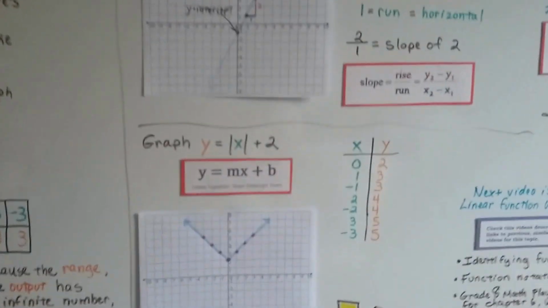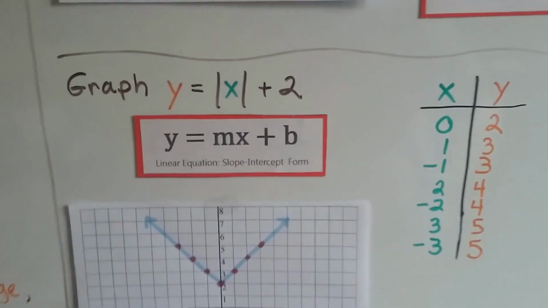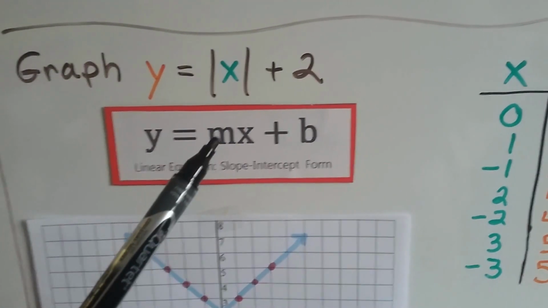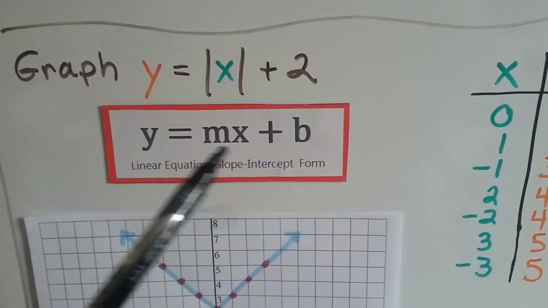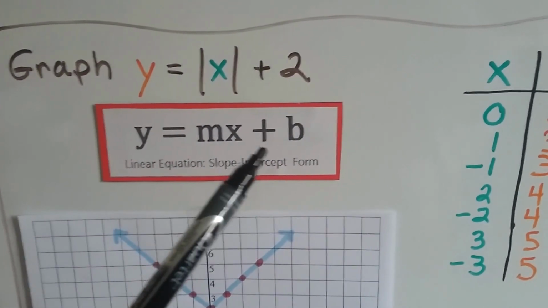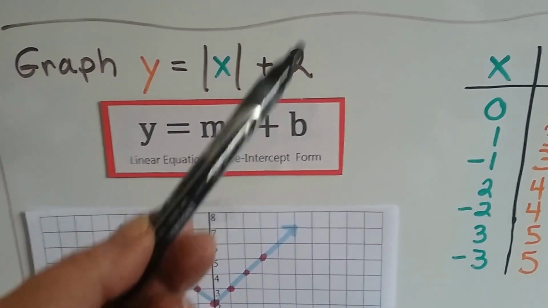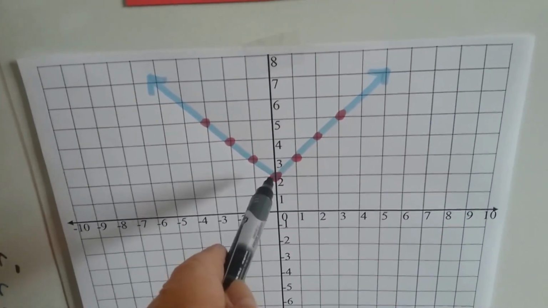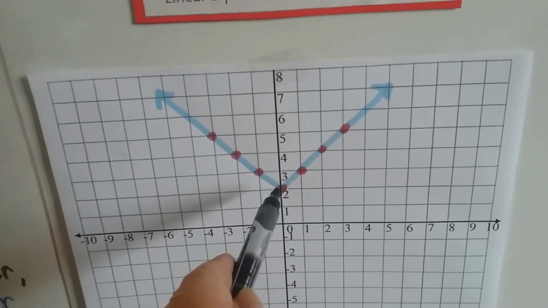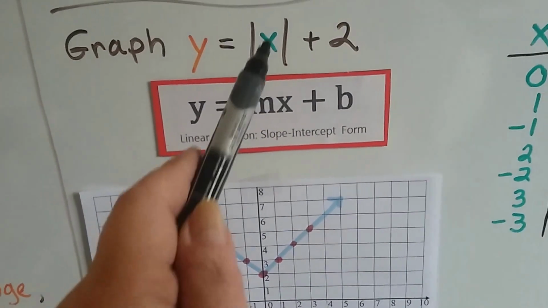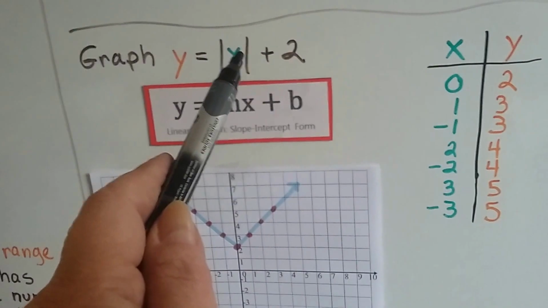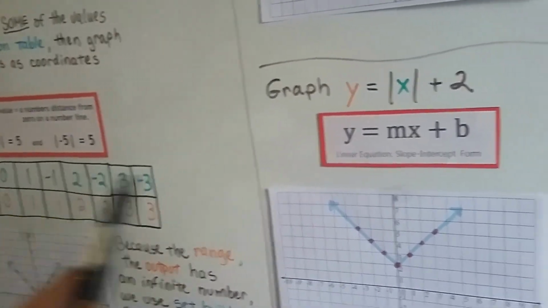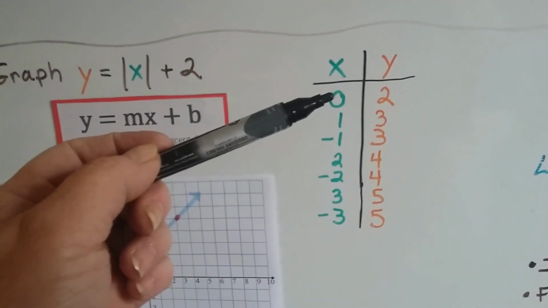Let's take a look at this one. It says graph y equals the absolute value of x plus 2. Well, that's the same thing also, isn't it? It looks like it's in slope-intercept form. So we know the y-intercept b is going to be a plus 2. So we can just put a dot right here on the plus 2. And because this is the absolute value of x, it's going to be like this, if it's 0,